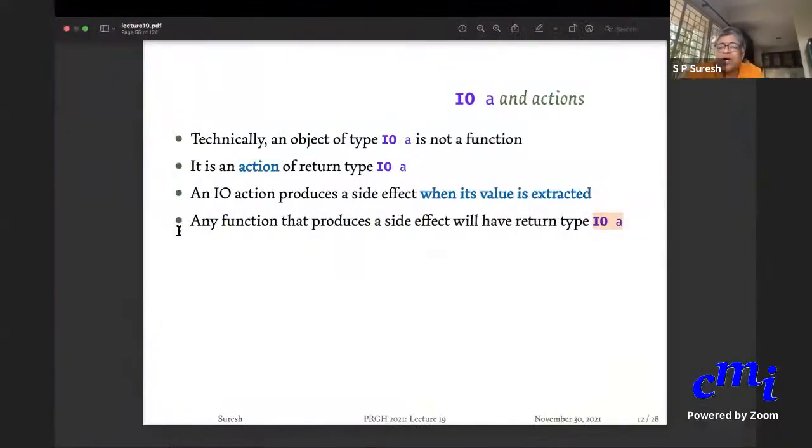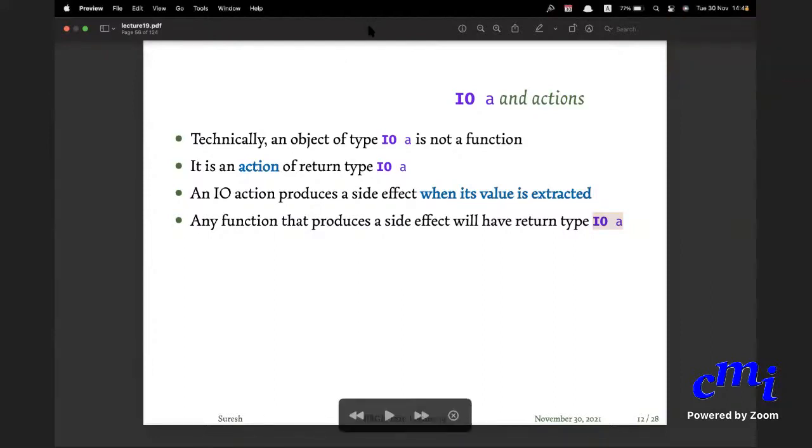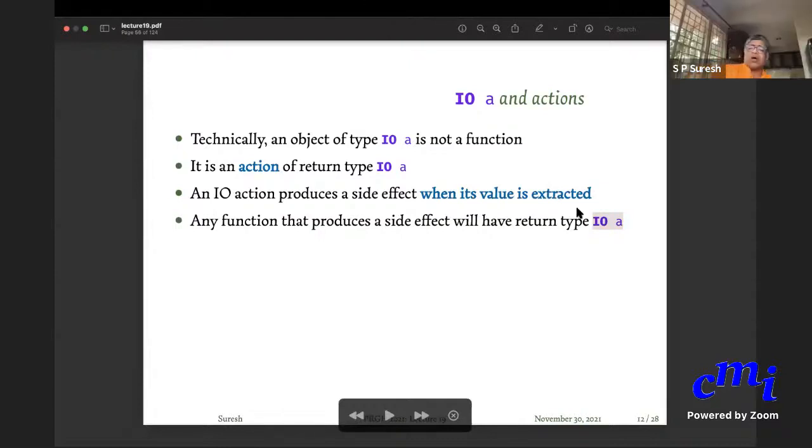Chandradeep asked a question. Chandradeep, are you here? Yes, sir. Yeah, this answers your question. If so, you want to say that any function that does not have IO in its type is pure, will not have side effects. That you can say. And anytime you have side effects, you will put IO in it, and even if you embed it inside a larger thing, that will also still carry the IO.